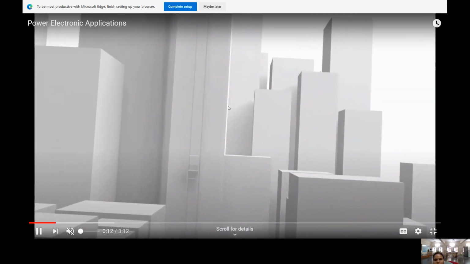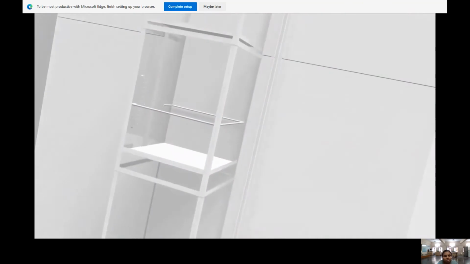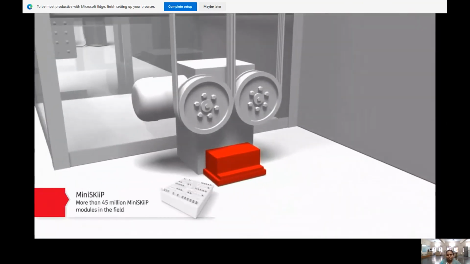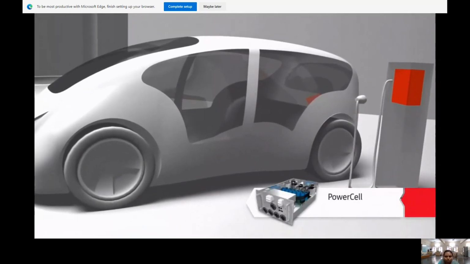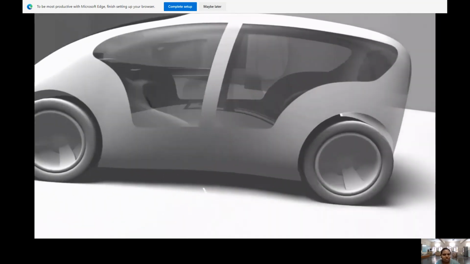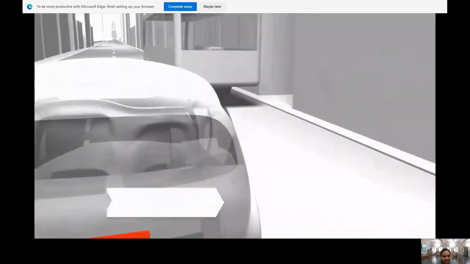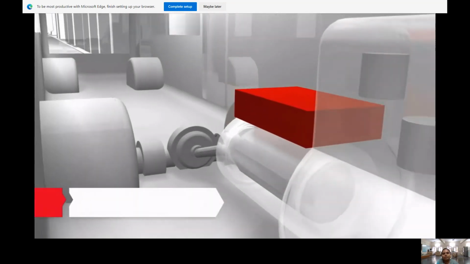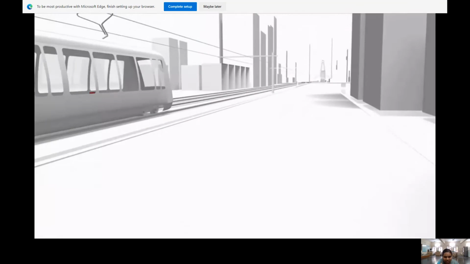Here are some applications where, from big industry to the small level, we can use power electronics. Observe here, we are lifting and changing the direction, and from there we go to the automobile industry where charging is done. That charging is done by using your battery system. From the battery system a wheel is connected. From that wheel it is going to be moving, and the parameter is going to change there.